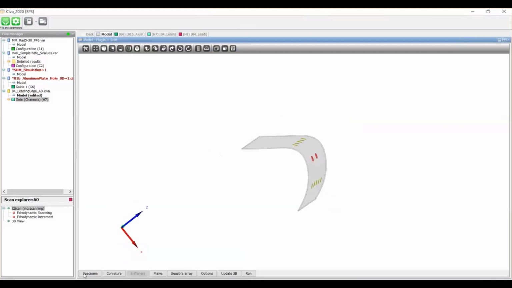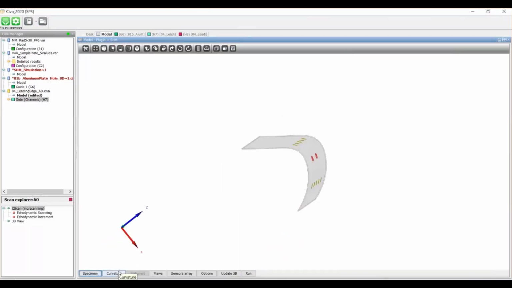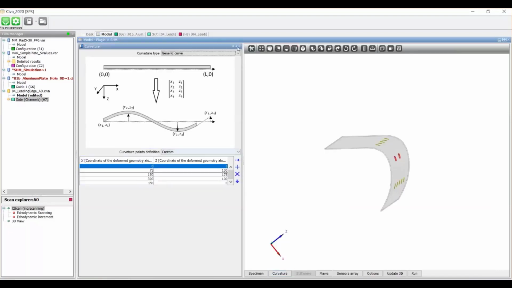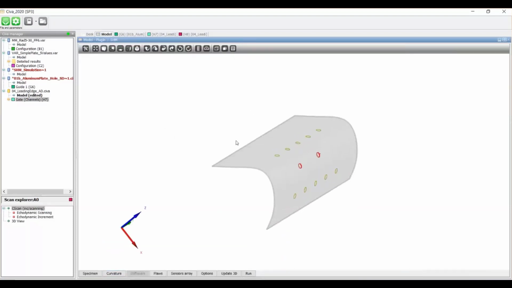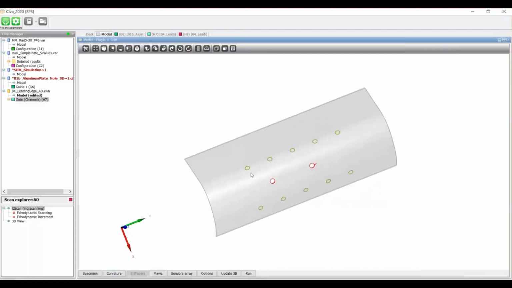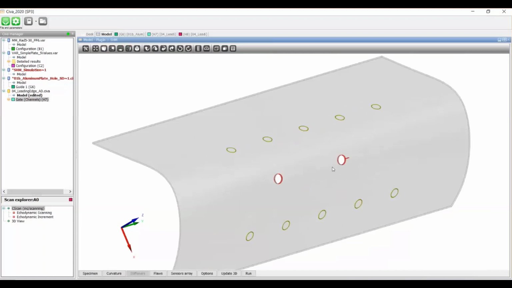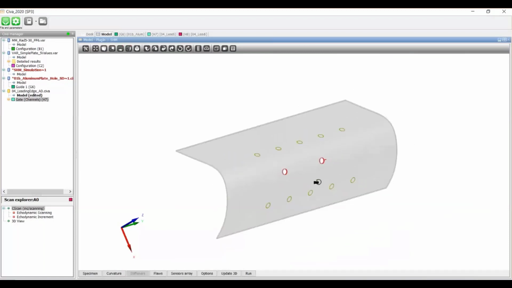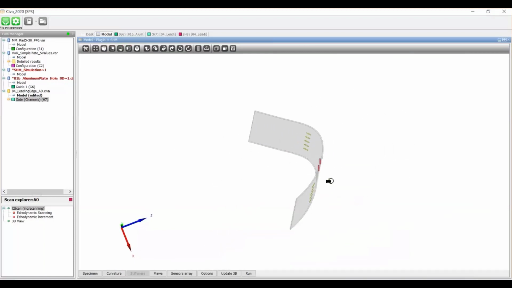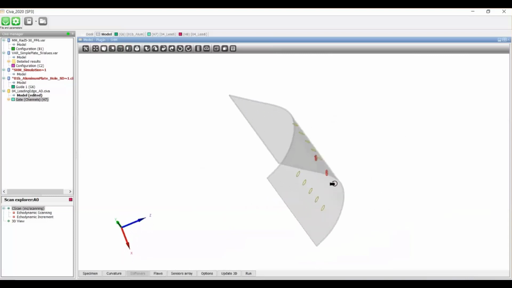We have first defined a planar panel, then we have introduced a curvature with inflection points like this to define such like a leading edge, a type of geometries. Okay, and on this we have defined a grid of 2 by 5 sensors here and simulated the impact of two defects, a hole and a hole with a crack, close to the edge of this configuration.